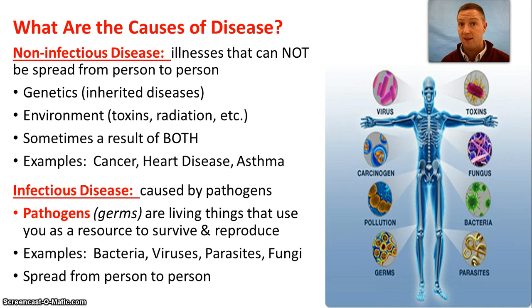Heart disease, all right? If my arteries and veins get blocked, that is a disease from the environment, from my diet, from my exercise. There's other factors, but I don't catch heart disease from somebody. Asthma, okay? I may have a genetic predisposition for asthma, and when it interacts with certain things in the environment, those things can trigger an asthma attack, all non-infectious.